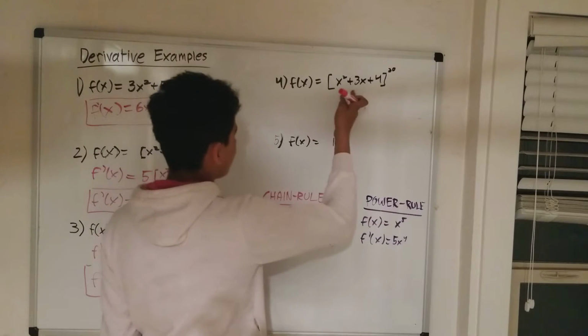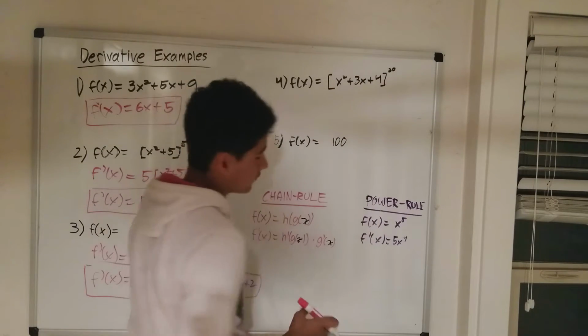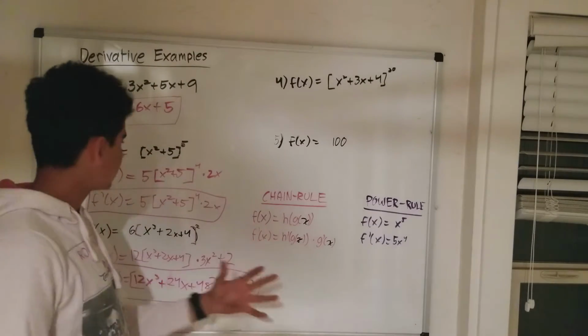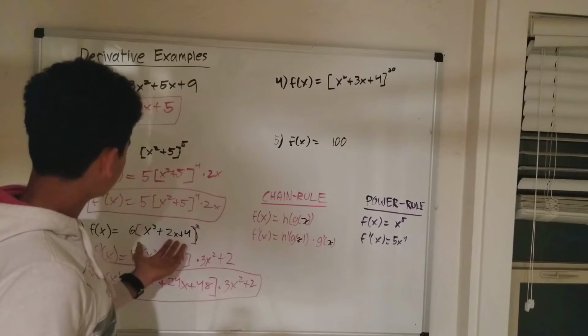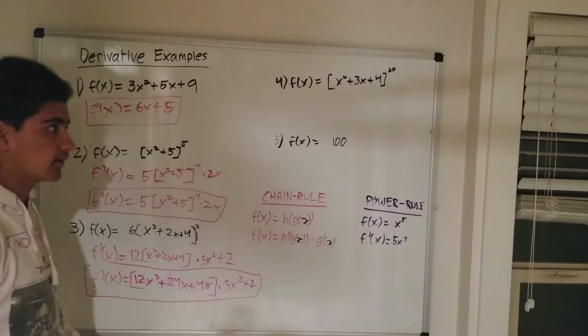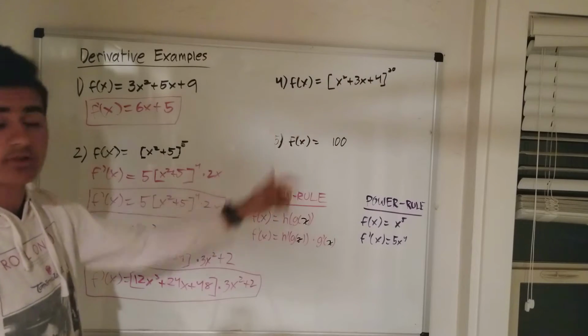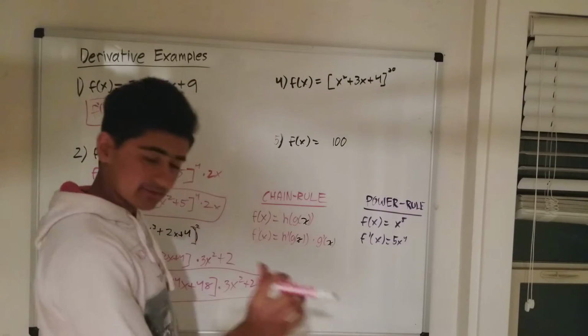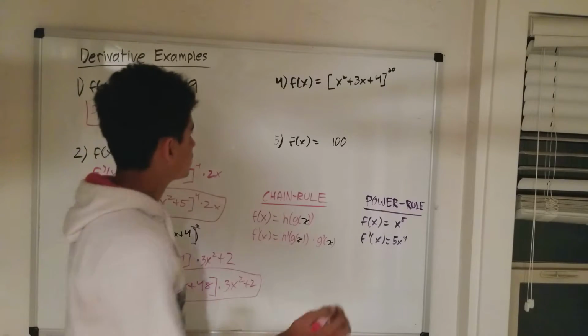We have x squared plus 3x plus 4 to the power of 30. Now, as I said here, you could multiply all of this. Like here, you could have multiplied x squared plus 2x plus 4 times x cubed plus 2x plus 4 again, but that's a very long process, especially when you have an exponent of 30, which you really don't want to do. And again, calculus has made our life easier. You're simply going to do